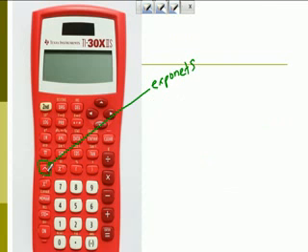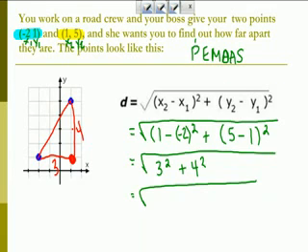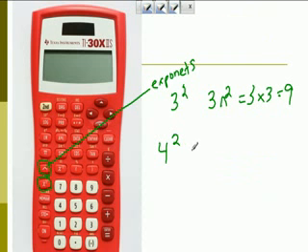Now you can either use this caret key or the x squared key. I always tend to use the caret key because you can use that for any exponent. The x squared key, you can only use for squared numbers. So 3 squared, you would hit 3 caret 2 equals, which equals 3 times 3, remember, which equals 9. Then for 4 squared, you would hit 4 caret 2 equals, and you would get